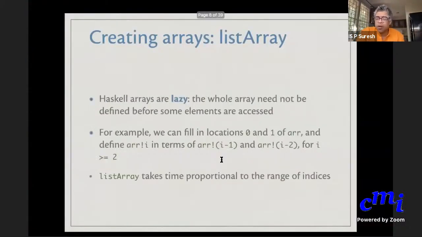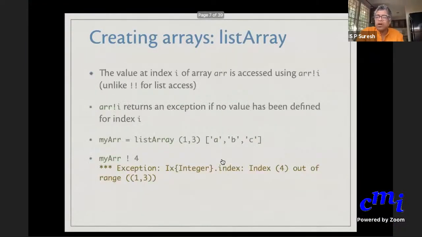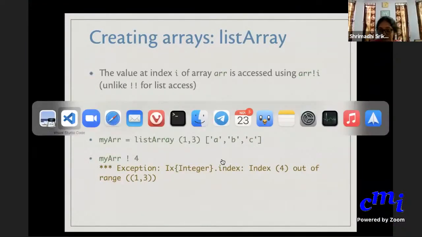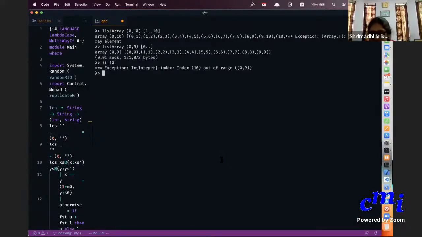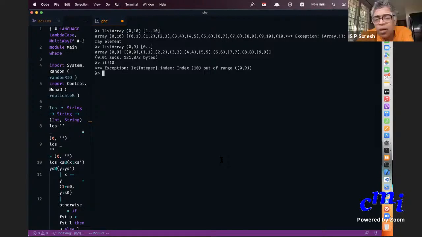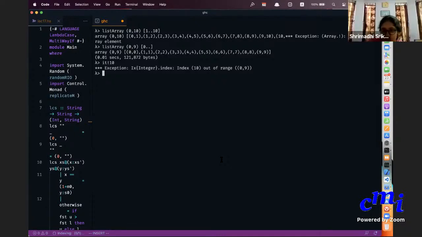Clear so far? Sir, no. You wrote array bang, I mean exclamation marks. Here you wrote it as bang. Are they the same thing? It is exclamation mark 10, right? I didn't understand the notation, like arr exclamation mark.